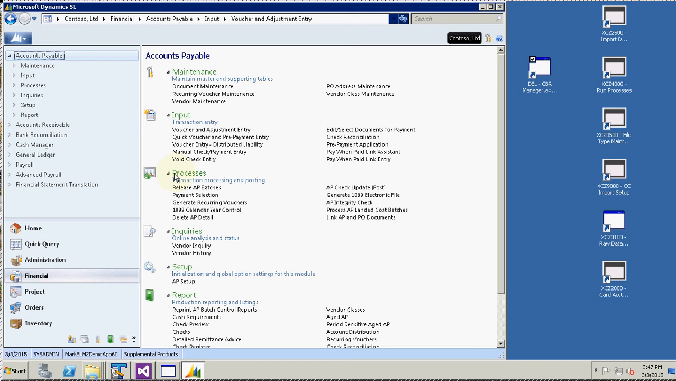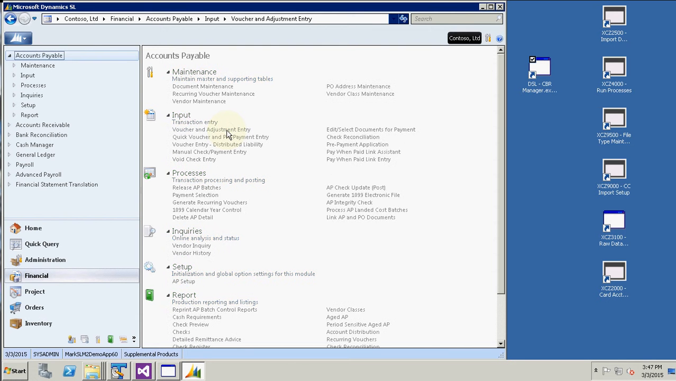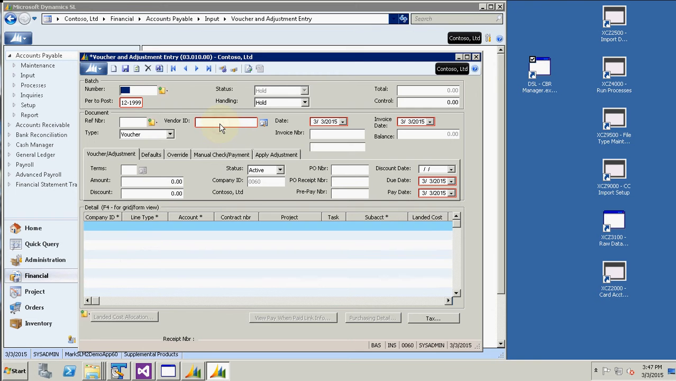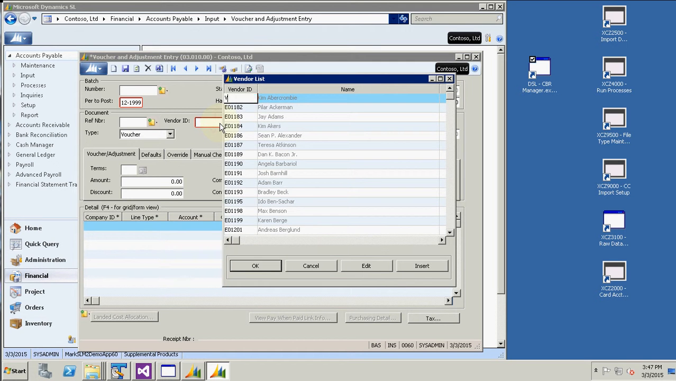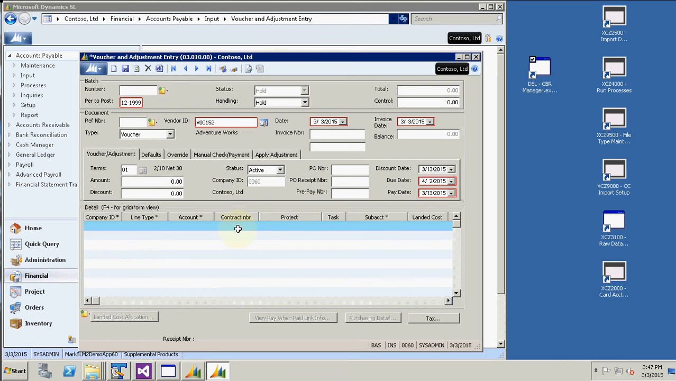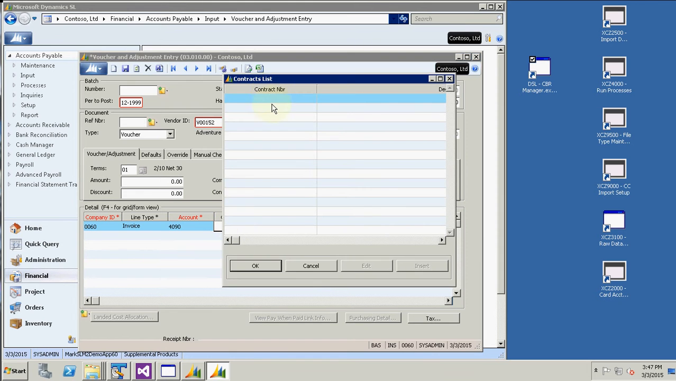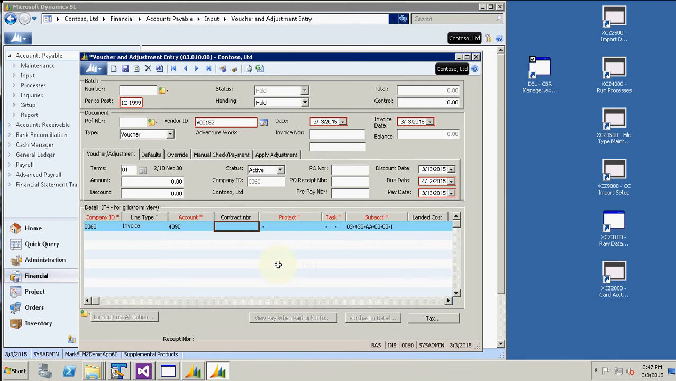Let's take a look at how the customization backup and restore tool can help us work with supplemental products customizations. If you notice, I am currently at the supplemental products level of customization in my Dynamics SL instance. I'm going to open the voucher and adjustment entry screen. And what we see here is we've got a field down here in the grid called contract number. And that's a custom field that was added with this supplemental products level customization, and I want to make a